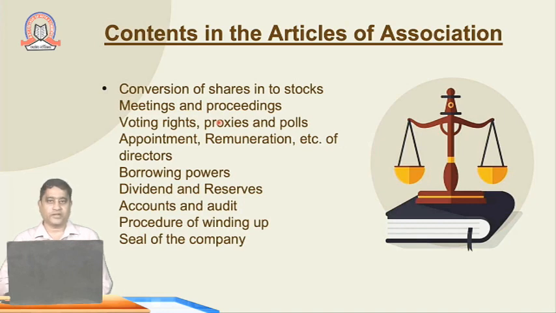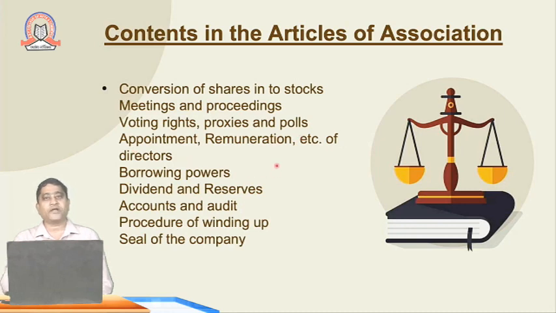It should be either in digital form or in manual form, which has to be mentioned in the article of association. The person who will come as proxy for voting has to be mentioned. Who are the persons eligible to vote during the voting session at the AGM? Who could be eligible on behalf of another shareholder? That particular proxy definition has to be mentioned in the article of association.